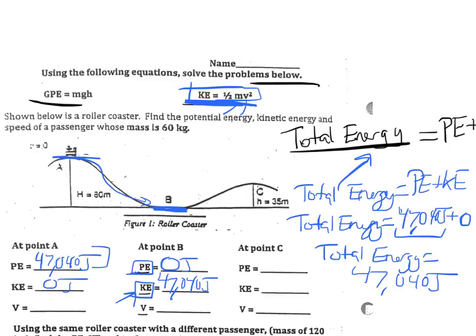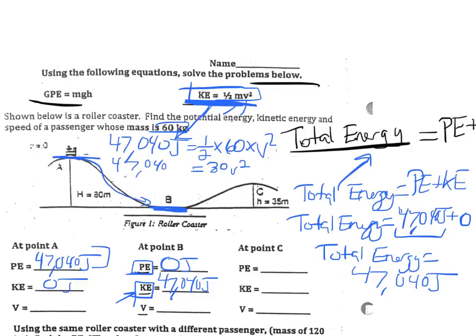The way I'm going to do that is by putting the numbers into this equation. So my kinetic energy is 47,040 joules, and that equals 1/2 times the mass, and here's my mass, 60 kilograms, times velocity squared. Now I just do some algebra, or some arithmetic. I have 1/2 times 60, that of course equals 30, we still have times v squared, and I'm going to bring down